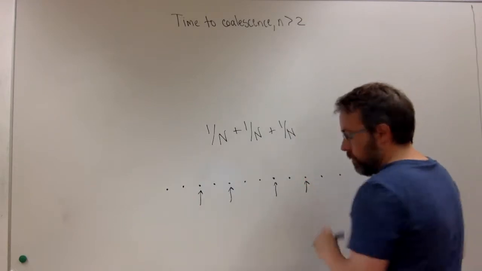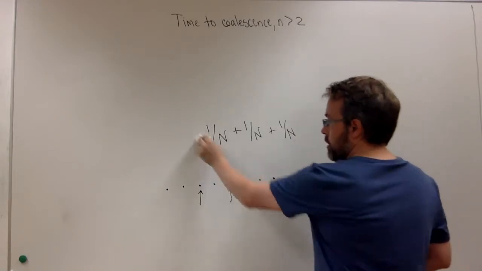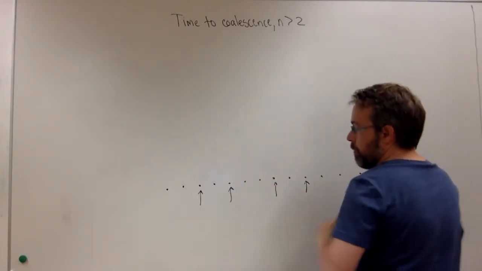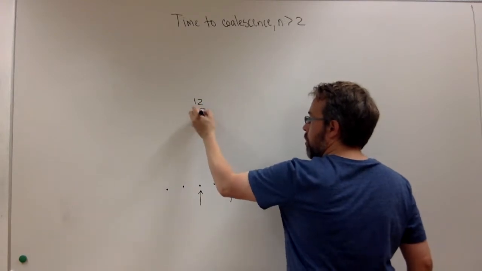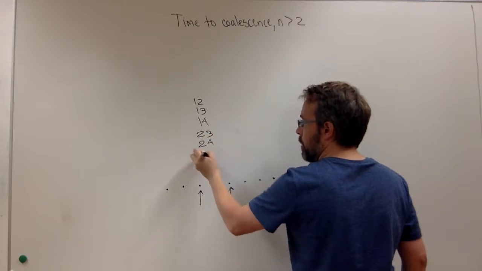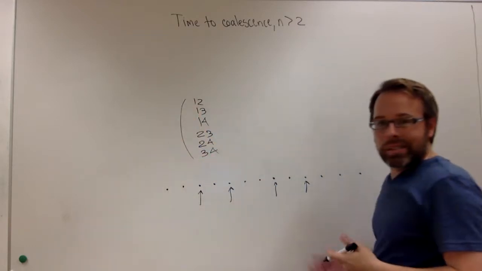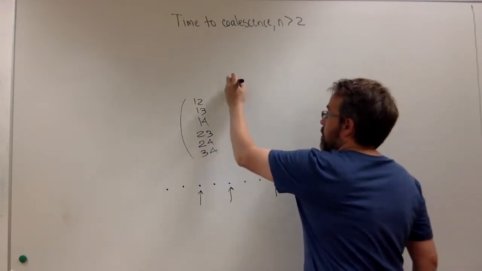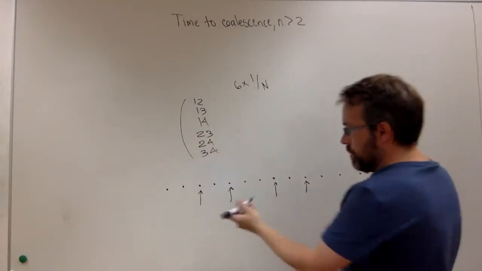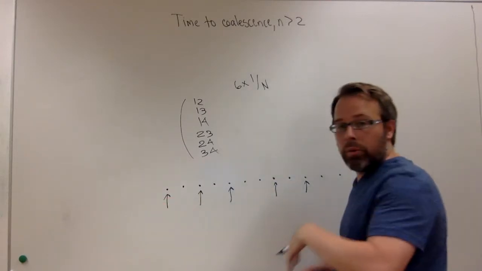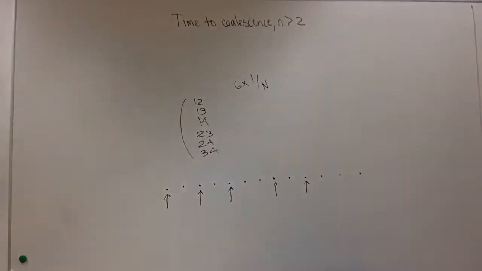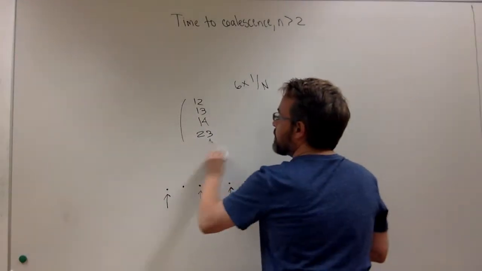And if we have 4, it gets a little bit trickier. If we call these individuals 1, 2, 3, and 4, then we could have 1 and 2, or 1 and 3, or 1 and 4, or 2 and 3, or 2 and 4, or 3 and 4. So that's 6 different combinations, and our rate would be 6 times 1 over n. In general, if we had 5, then it would be 1 plus 2, 1 plus 3, 1 plus 4, 1 plus 5. So in general, it can be shown